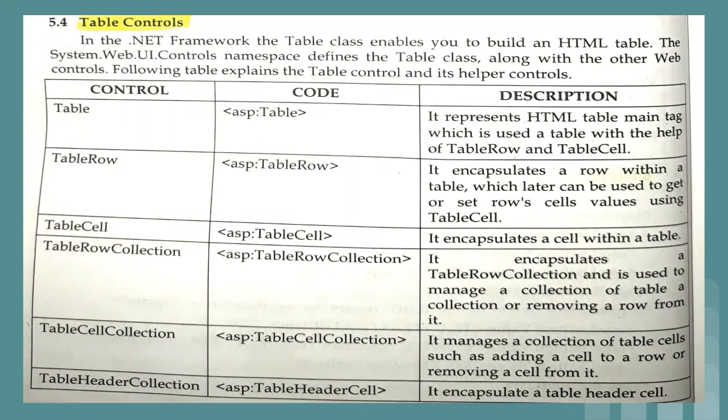Inside the table we have the table row, and as we all know, the table row means a single row, and each row can contain multiple columns. So to add the columns we make use of the table cell element. Okay, so basically these three elements we are using. And like th, we have the table header cell tag also, so that whatever content we write inside the table header cell will be displayed in bold format. So these are the four elements of the table control of .NET that we are going to use. So basically it is used to create the table.